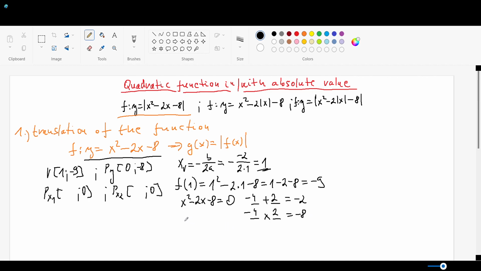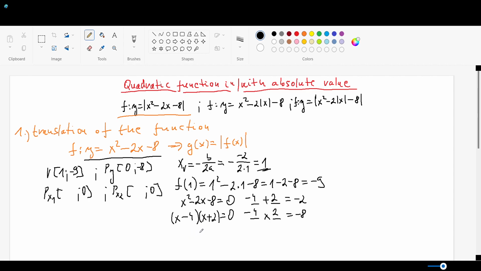So this equation can be written by factoring as (x - 4)(x + 2) = 0. You can do the check on your own. It's going to be x squared plus 2x take away 4x is -2x, and -4 times 2 is equal to